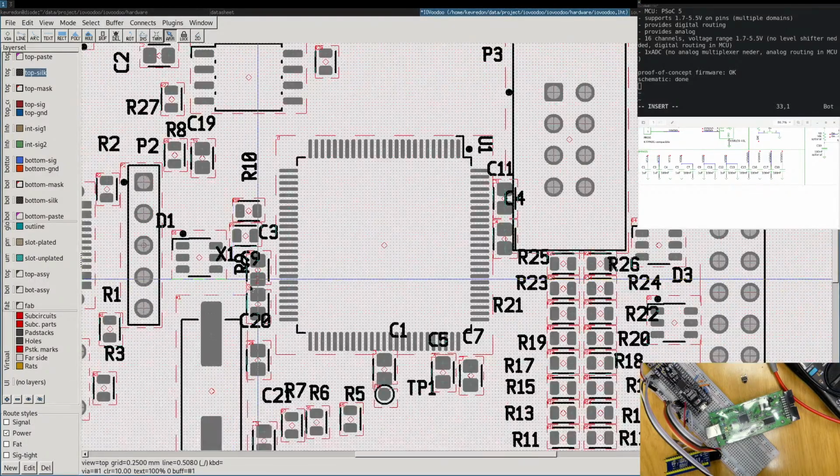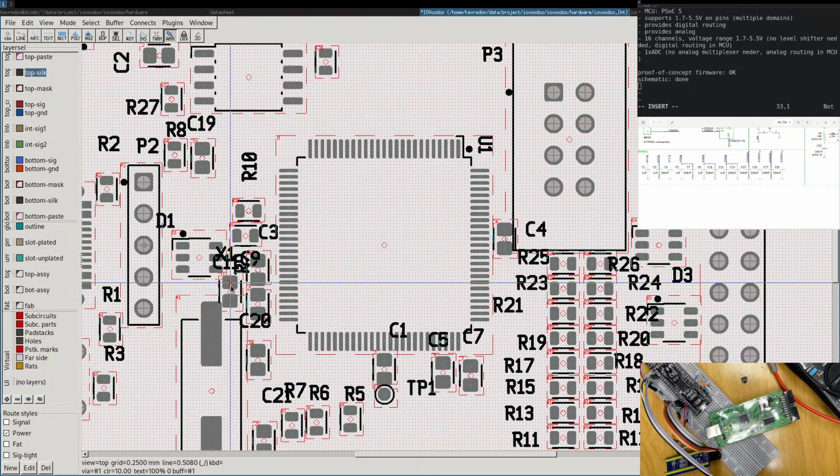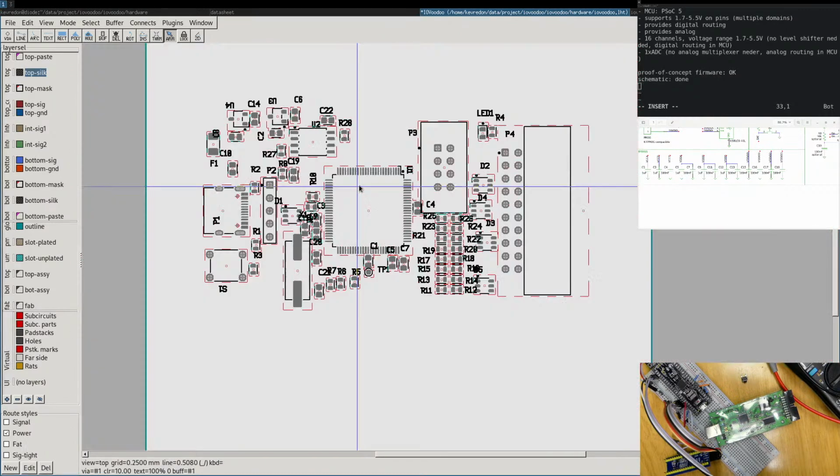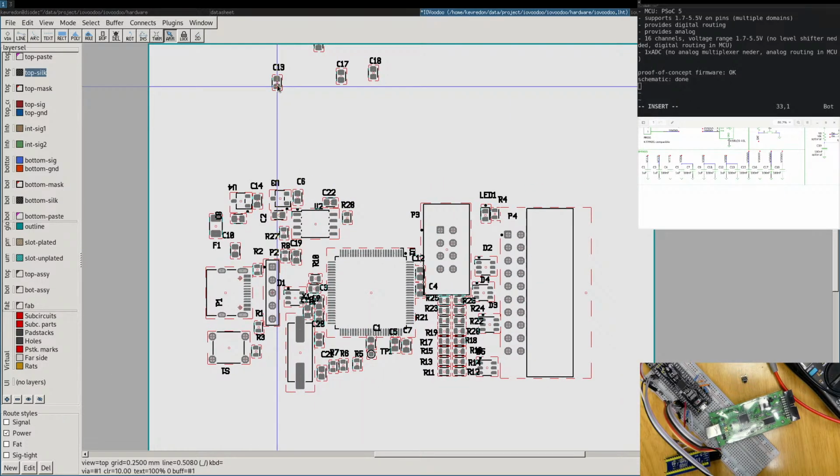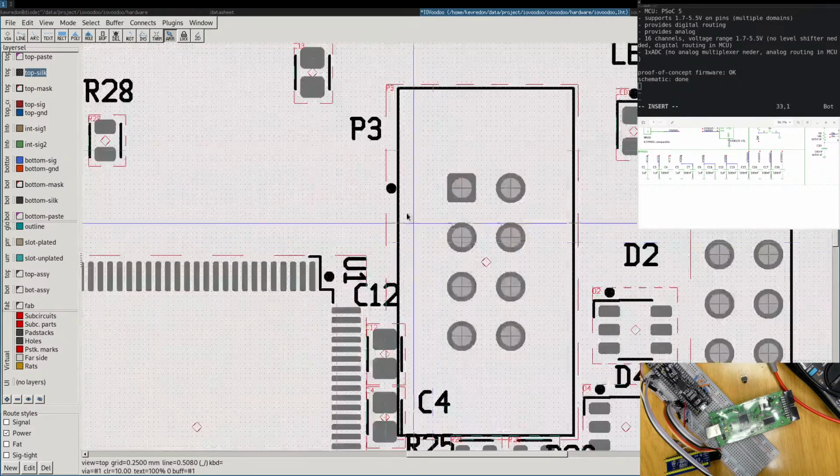This is more important. 7, 7. So it needs a bit more space on the side. C12 and C, they go on 2 caps. It's a lot, but